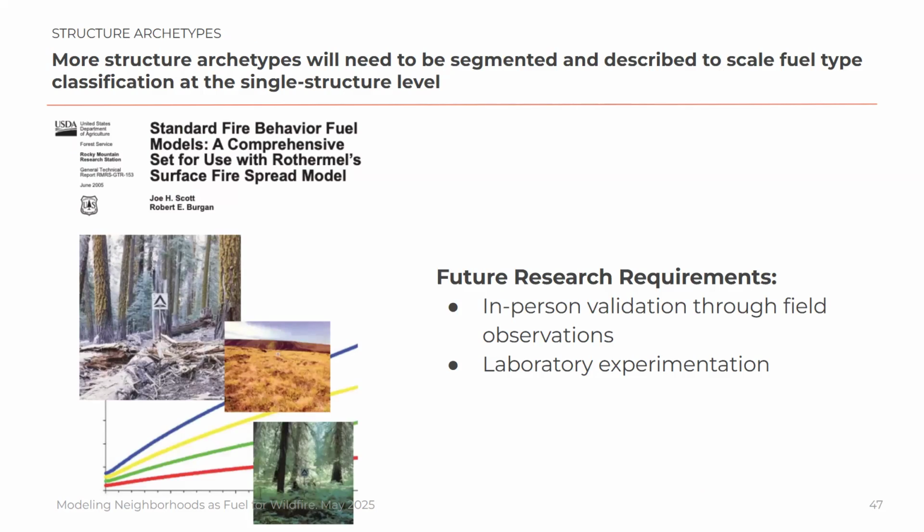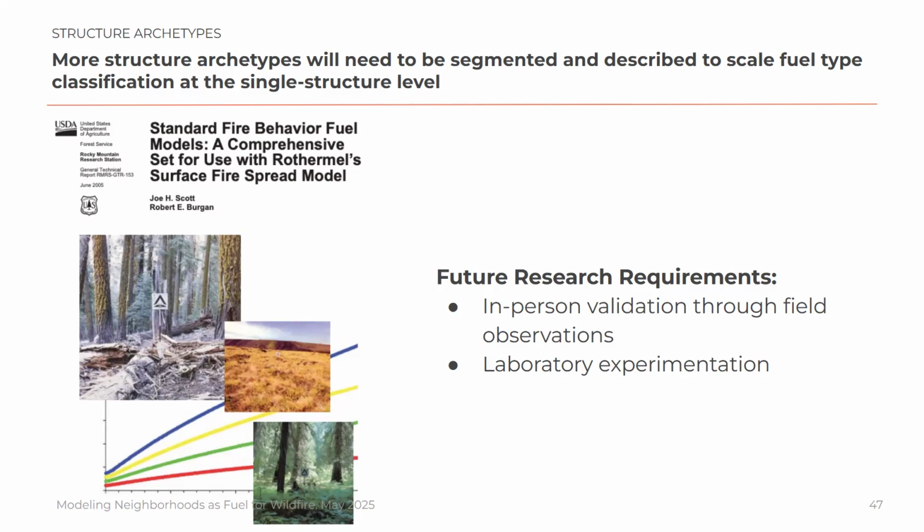This was a proof of concept part of the project that is working towards creating fire behavior fuel models for the built environment. Something similar has been done for the wildlands. Scott and Burgan in 2005 published these 40 fire behavior fuel models that are used really commonly in wildfire simulations in the wildlands. They created archetypes of fuels for timber and grasslands and slash, and there are 40 of them total. But in order to do this, they went out into the field, they observed these,